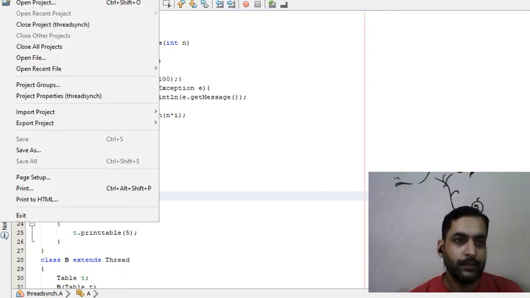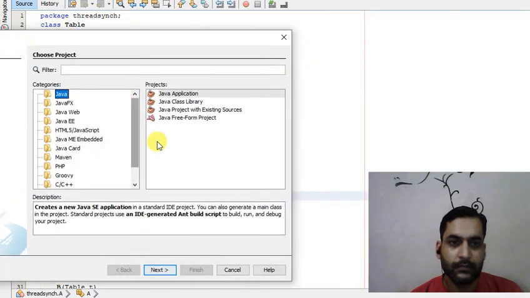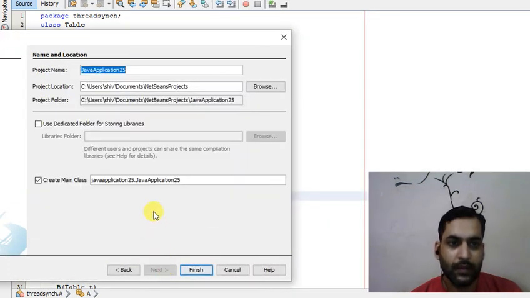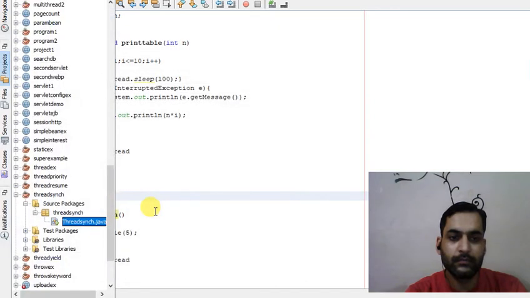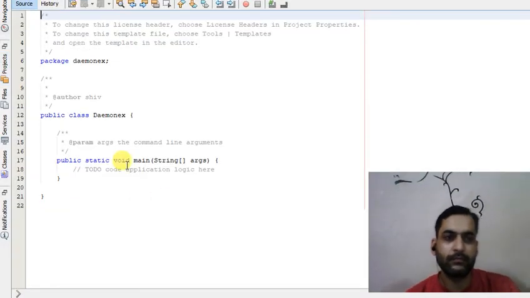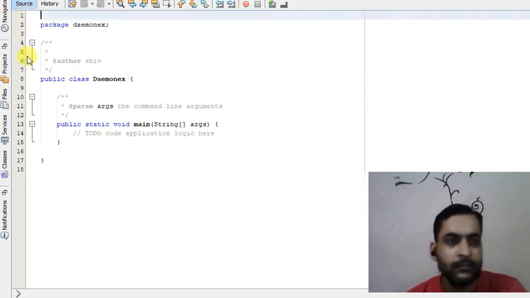Let us create a new project, Java application, daemon example. Let us remove the comments.